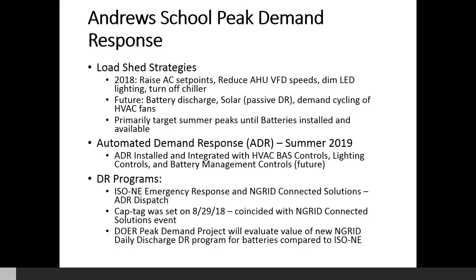I'll just mention these quickly: we are doing the emergency response program and Connected Solutions at the Andrews School. Right now we're evaluating the batteries. So if you flip to the next slide,